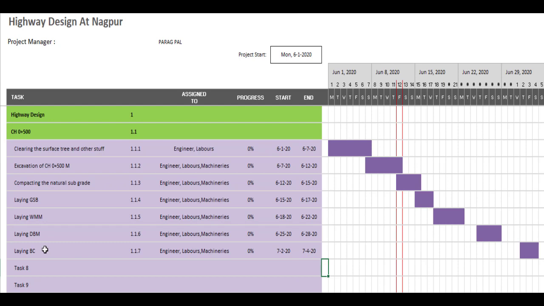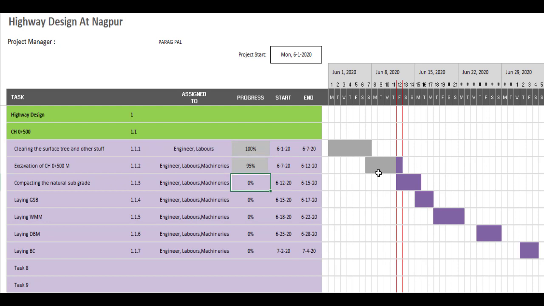If an intermediate structure component is there, like culvert, VUP, PUP and any other stuff, you can provide it like that. Now if I want to start my progress, let's consider my progress has started. Here I have completed 100% work as on date, presently we are at 8th of June. Definitely without this task this activity will not start, so let's consider it is 100% completed. When you click on 100%, it will reflect this sort of color. Now this excavation, I consider almost 95% completed, so you can see 95% completion here.